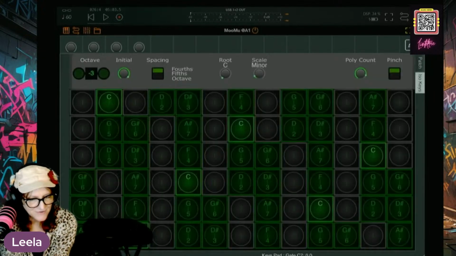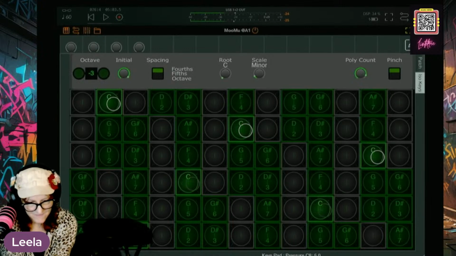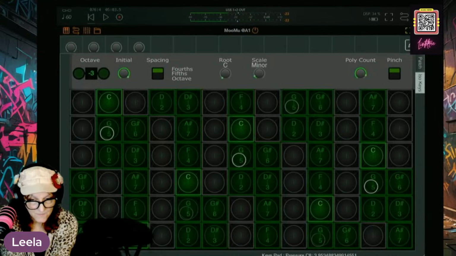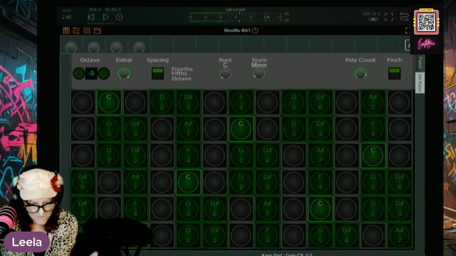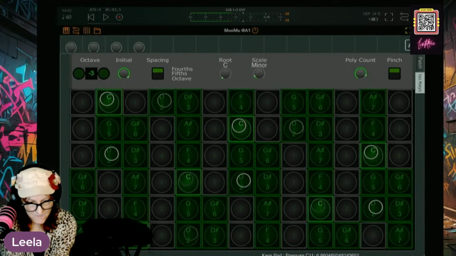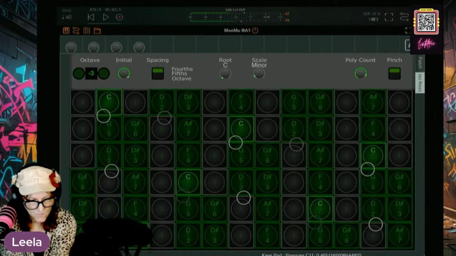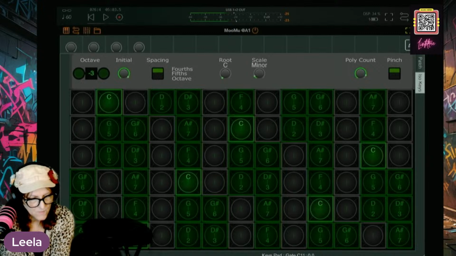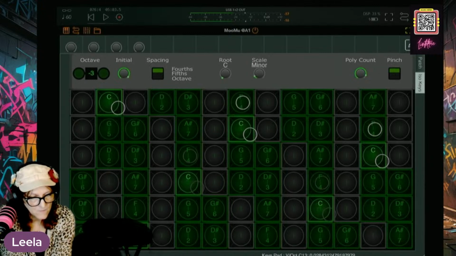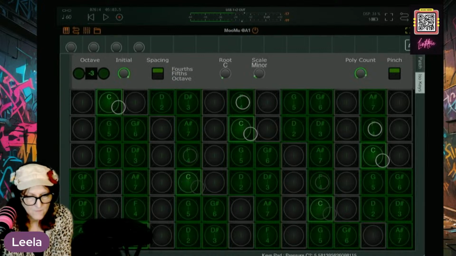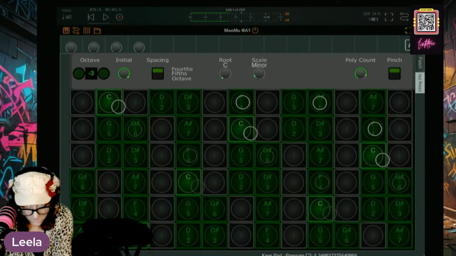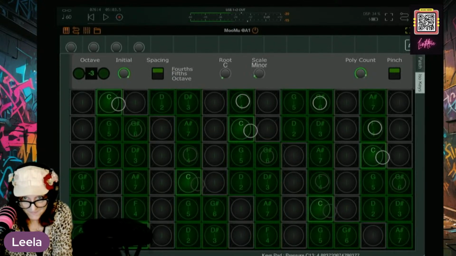Let's use these ISO keys again. I love this.